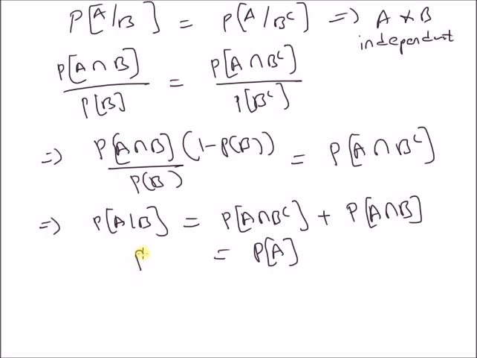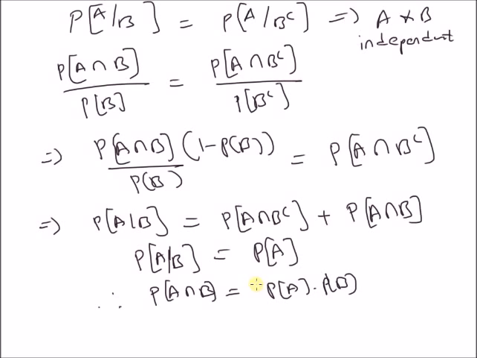So probability of A given B, that is the conditional probability, is equal to the original probability, that is the unconditional probability. Therefore, by using the definition again, we have probability of A intersection B is equal to probability of A times probability of B, which is the property of independent events, that is A and B are independent. That is, when the probability of event A conditioned on the event B is equal to the probability of event A conditioned on B complement, then A and B are